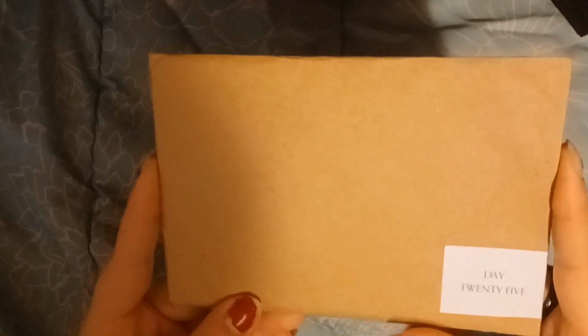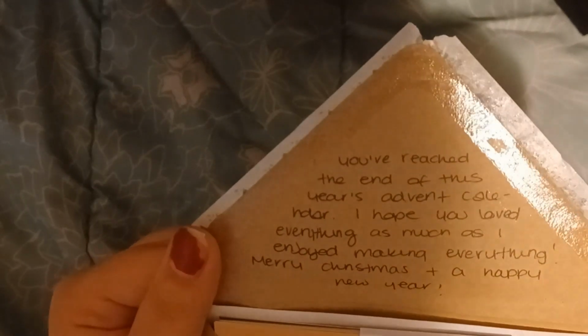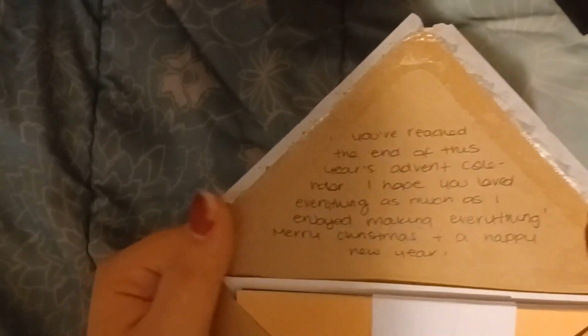And we've finally reached the last day, day 25. And this is a really thick one. So I can't wait to see what's inside of it. Alright, we have a note that says, you've reached the end of this year's advent calendar. I hope you love everything as much as I enjoyed making everything. Merry Christmas and a Happy New Year. And then inside,